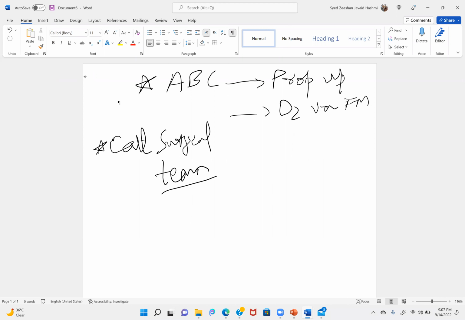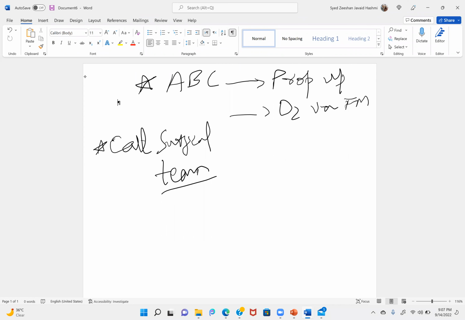Your approach will be airway, breathing, circulation. You will prop up the patient and try to see what the situation is. You will give 100% oxygen with the bag mask, sorry, the reservoir bag. And then immediately you will call the surgical team if you are suspecting hematoma. If they are not reaching, of course you can do it, but you don't say that I will open the clips. This is not your job, because you can create even more problems.